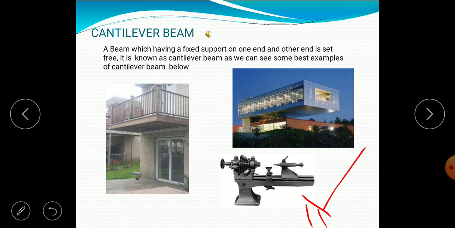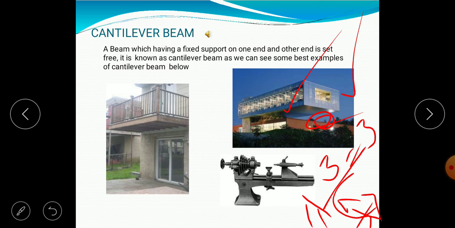If you observe these figures, here one end is provided with a fixed wall and the opposite end is simply suspended freely. Here also this portion is fixed or supported by the bottom structure, but here the member is simply free without any support. This is also a cantilever. If we discuss the reactions, it is a fixed support. So how many reactions? Vertical, horizontal, rotation. So 3 reactions, 3 equilibrium equations. So a cantilever beam is statically determinate.